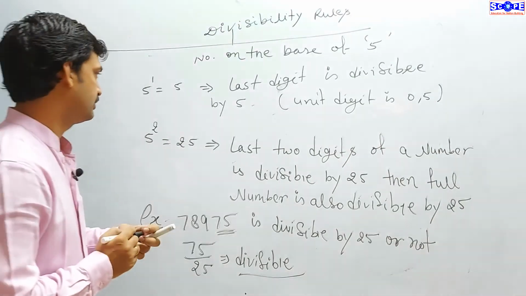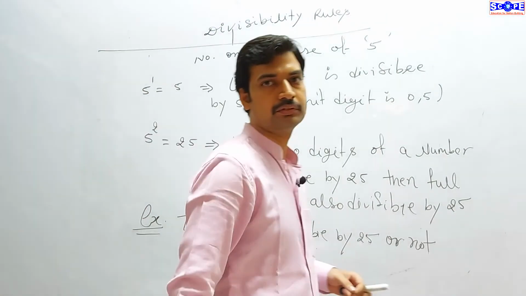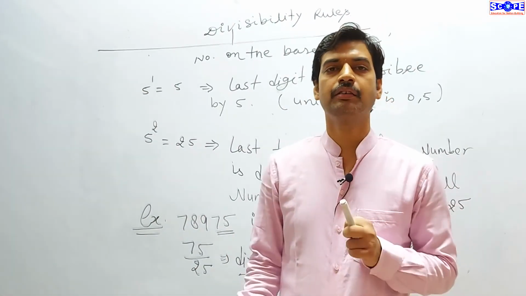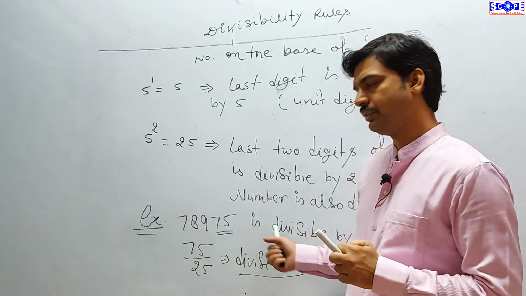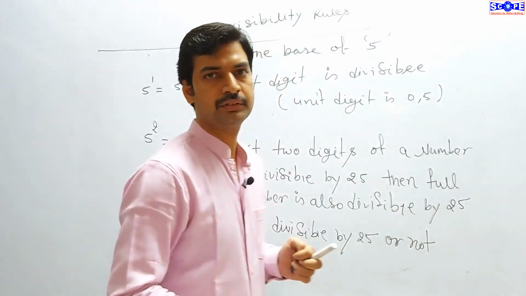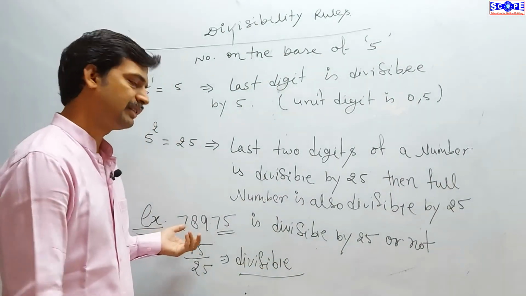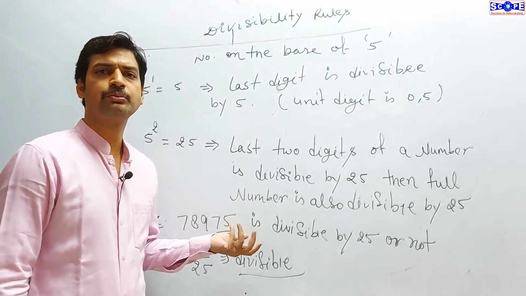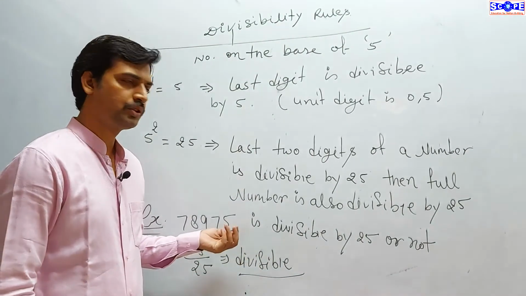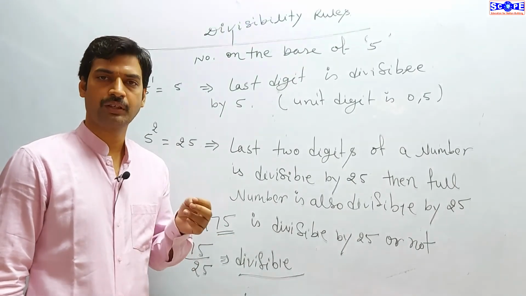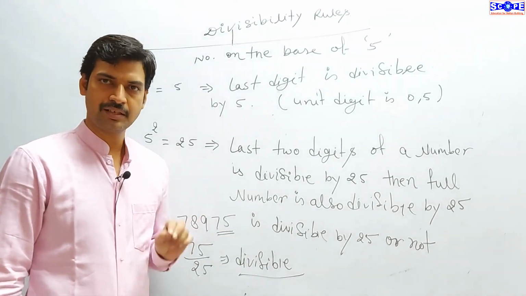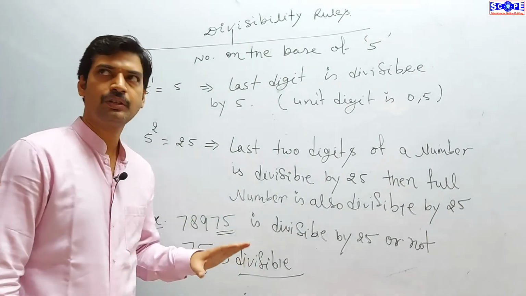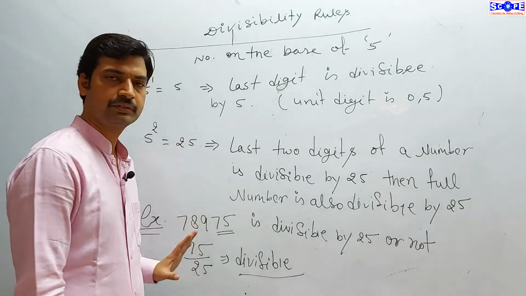Right? Now you'll ask where we use the divisibility rules. There are questions made on this one. Not like this one, whether this is divisible by 25 or not, because anyone can divide this number easily, no matter if it takes 2 minutes, 3 minutes or 4 minutes. But questions are framed in some different way, which we'll discuss after completing the divisibility of all the numbers.